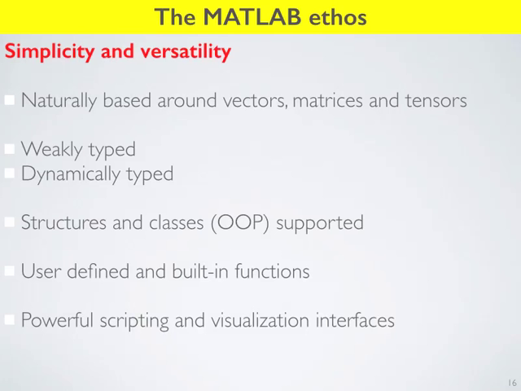So this can be good because it allows you to do things very quickly, or it can be bad because things are changing without you really controlling it explicitly. So this was a decision that was made by MATLAB because it makes things simple to be weakly typed. C++ is the opposite. You need to define something as an integer or a float, and it remains that forever. If you try and change its type, C++ will freak out. Okay, so it's just MATLAB's decision. Dynamically typed is sort of bolted onto this, meaning that things can change on the fly.